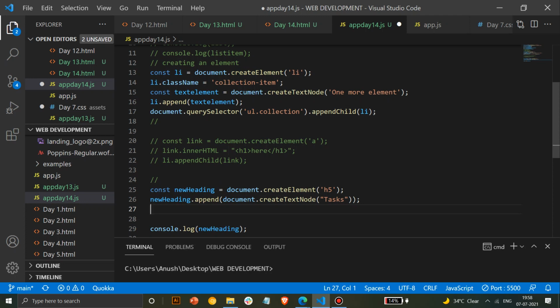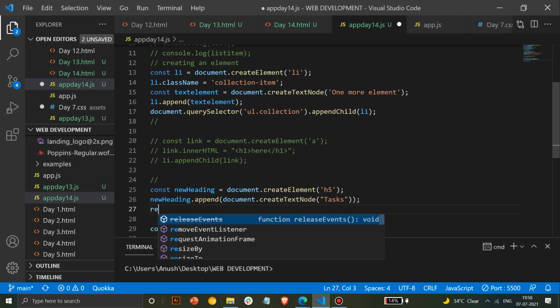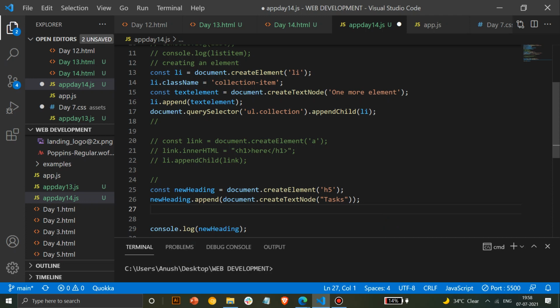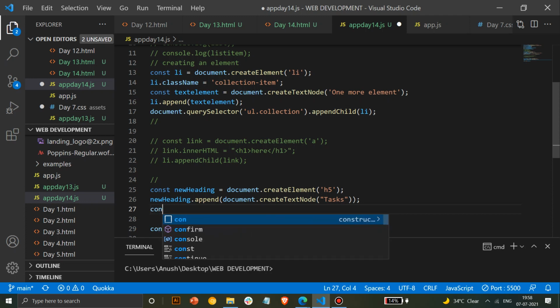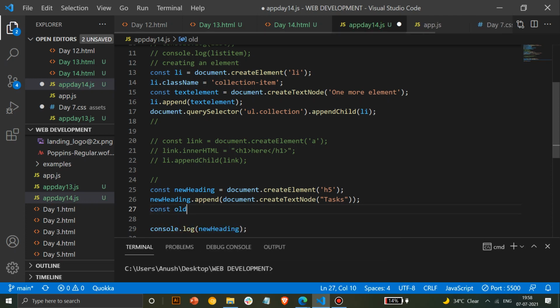To do that, we have to use the replace child method. There's something called replace child, and for that we'll have to get the old heading. So we'll get the old heading, const old heading. I'll get the old heading first. Always remember that you have to use camel case wherever possible.